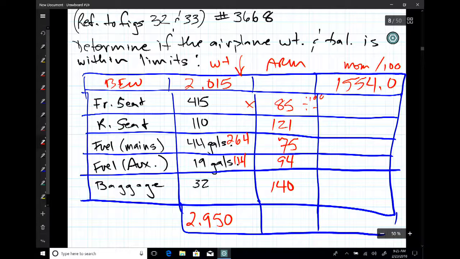So that's going to give us here our moment for the front seat of 352.8. It's going to give us a rear seat moment here of 133.1. It's going to give us a fuel moment here in the mains of 198.0. It's going to give us an auxiliary fuel moment of 107.2. The baggage is going to give us a moment here of 44.8. And now add that column together. Remember, we're going to add this column all together. You should have got